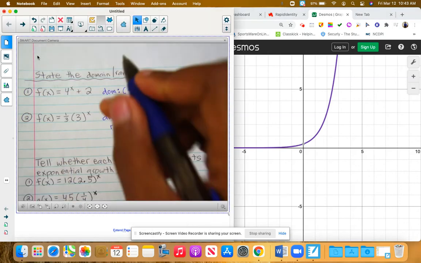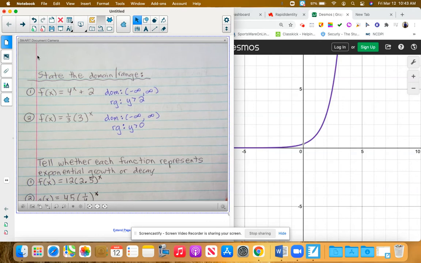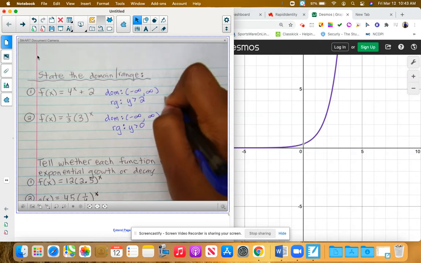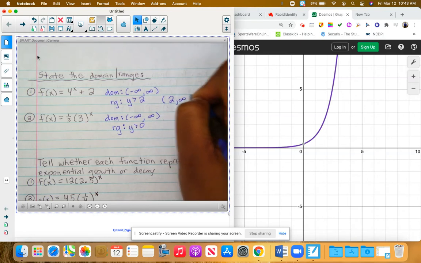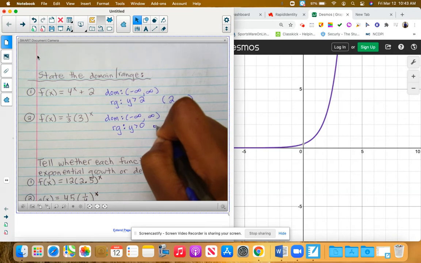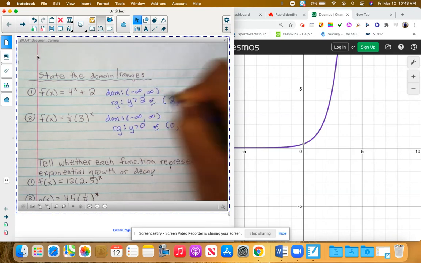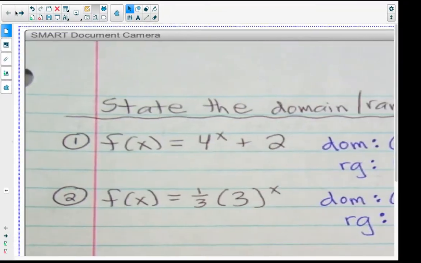So my range for this particular function is going to be greater than 0. Again, if you want to write these in set notation, I know some of you like to write it that way. This would be from 2 to infinity. And then this one would be from 0 to infinity. So depending on how you like to write it. So domain for all of these functions